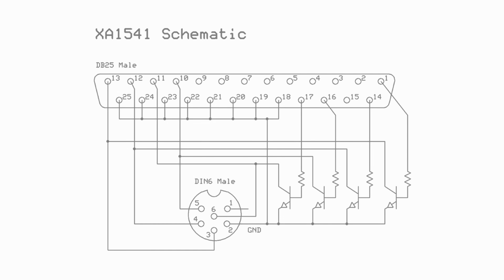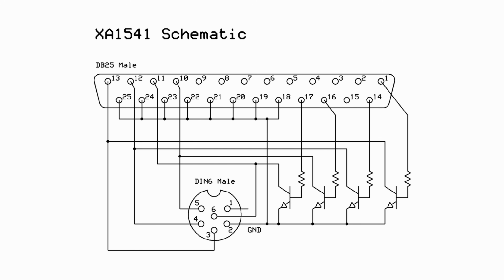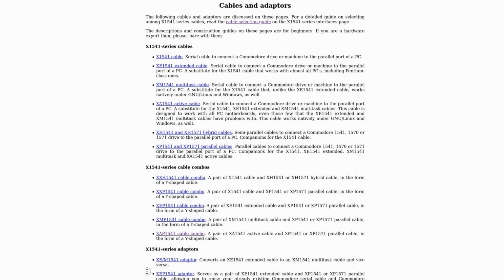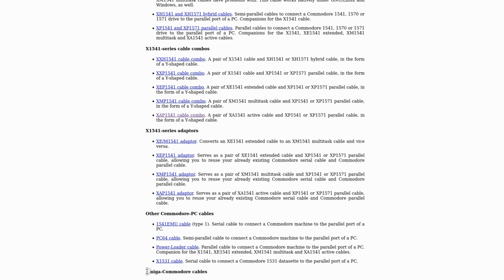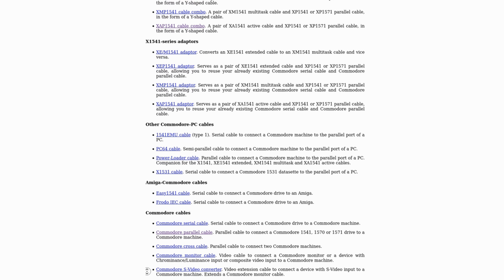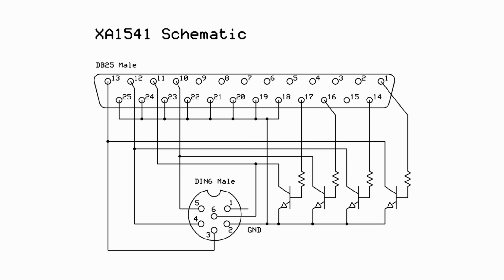Alright, now let's get down to it. What is the XA1541 exactly? Well, really, it's just this schematic, and that's it. It's actually just one of many different cables or adapters that have been made over the years for connecting Commodore drives to PCs, but the XA1541 is easily the best option to go for if you don't want to modify